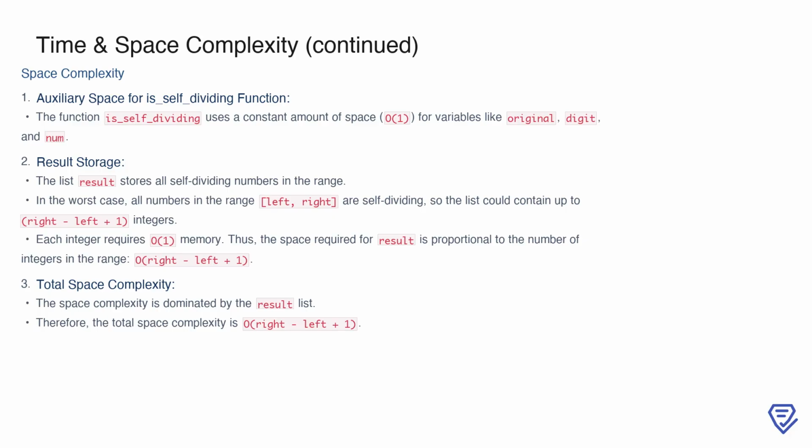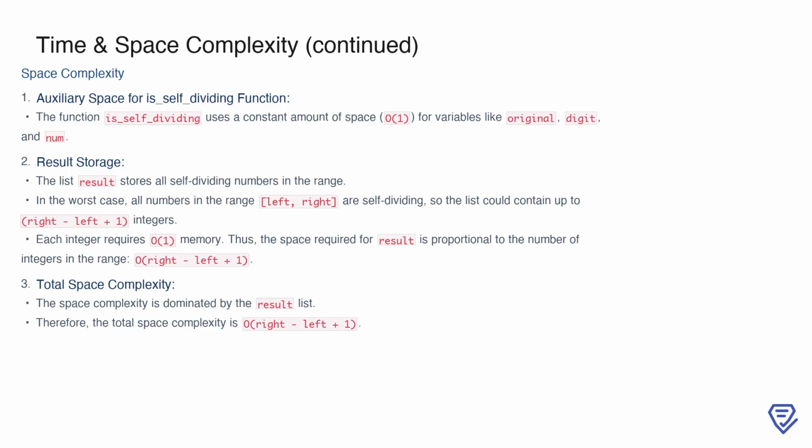This result is stored in a list called result, which, in the worst case, could contain all numbers from left to right. Since each integer stored in the list requires O(1) memory, the total space required for the list is proportional to the size of the range, or O(right - left + 1). Combining these factors, the overall space complexity of the solution is O(right - left + 1), as the result list